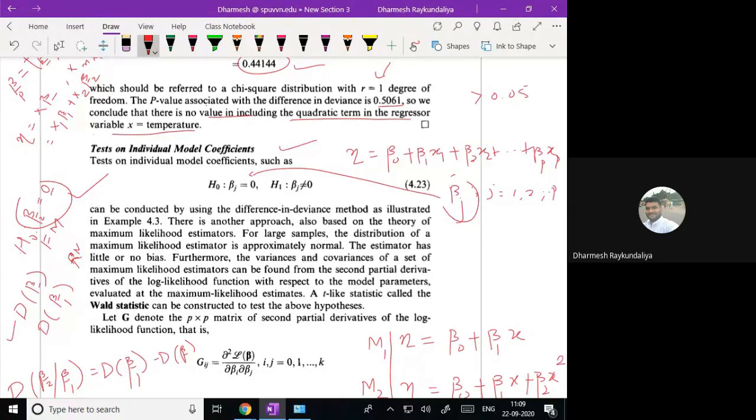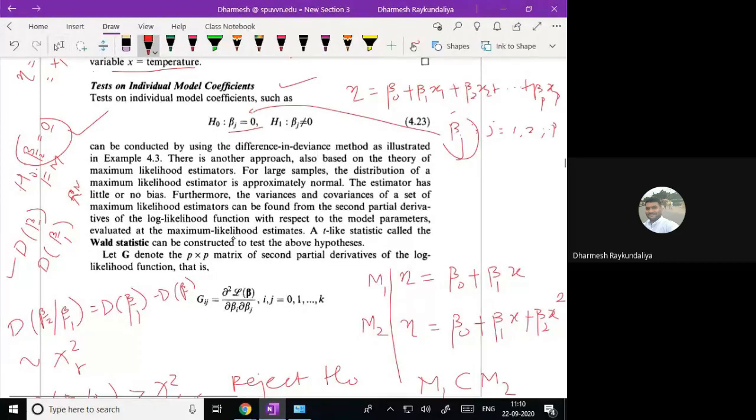Okay. So for example, if we are comparing the recovery of patients, suppose one group we have given the placebo and one group we have given active drugs. Now, the age of the patient is also affecting the curing of the patient. So if I am saying that age has no impact on the curing of the patient, and it is purely the impact of either the drug or the placebo, then for that setup I simply take the coefficient of age as 0. So let us say the coefficient of age is beta j, and H naught is beta j equal to 0 versus beta j not equal to 0.